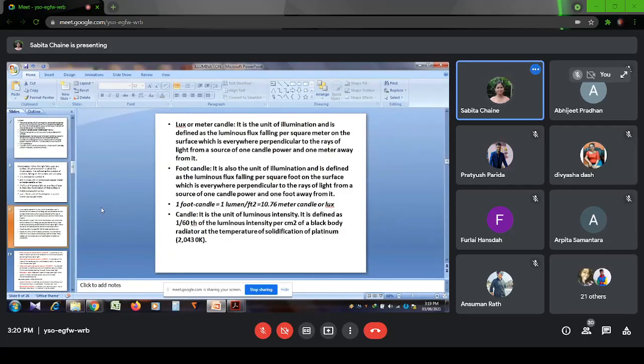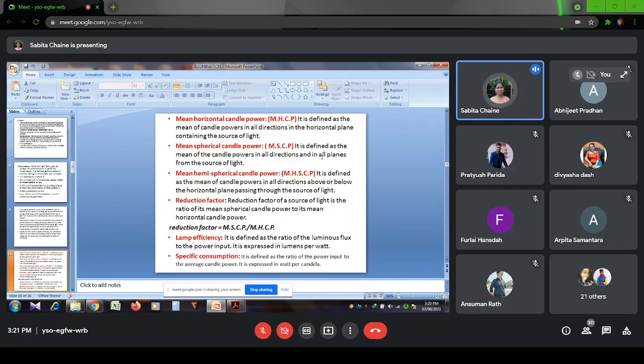Okay, so all of you are acquainted with the terms luminous flux, luminous intensity, and illumination, and their units, lumen, lux, and candela power. All of you know these 6 terms. Then two other terms are there, brightness and glare. Okay. So we will discuss these 2 terms. Before going to these 2 terms, we will go through the related things around these 4 terms.